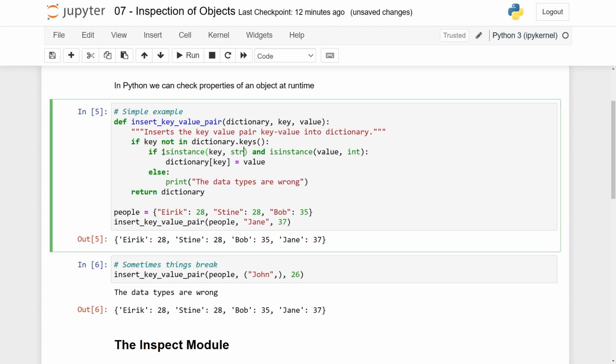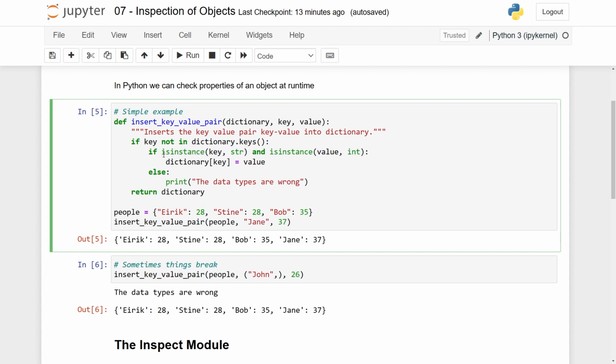By that we mean that we take an object, here the key, and inspect it while the program is running to see if it has the desired structure, you could say. So here the question is if key is really an instance of the string class. And for the isinstance method, it's really asking if it's an instance of the class or of any subclass of this. But this here will disallow me from entering, say, a tuple with one element, because tuples are not instances